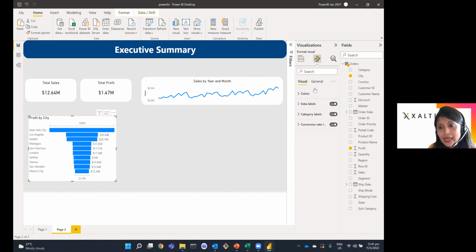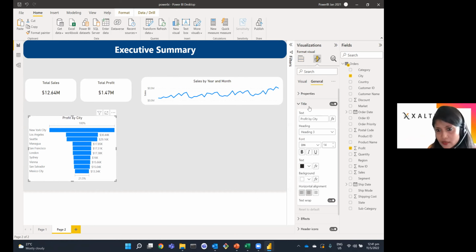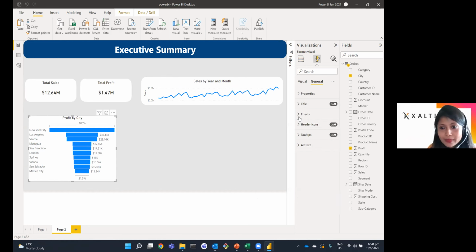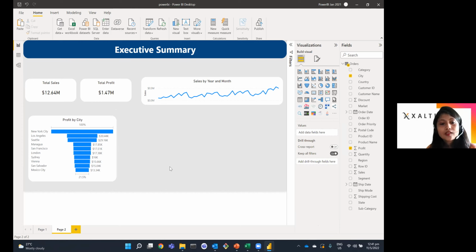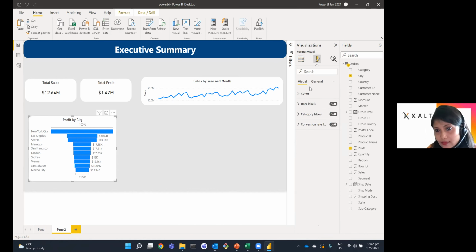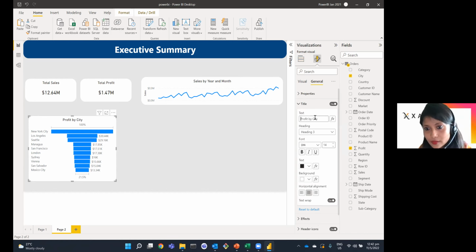I'm going to go ahead and provide a title. It's already provided automatically. I'm just going to make it central aligned to maintain that consistency. A bit of formatting will be to add some borders to this. Great. So this is about the profit by city. The top 10 profit by city. I can actually rename this to top 10. That's more intuitive. Top 10 cities by profit.